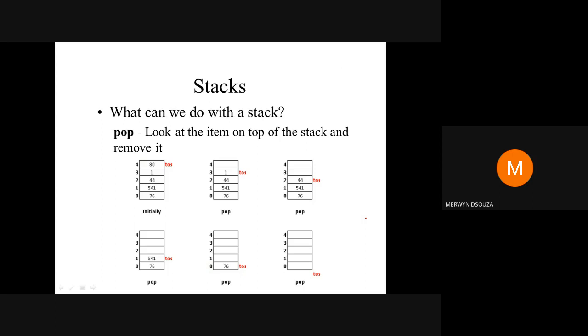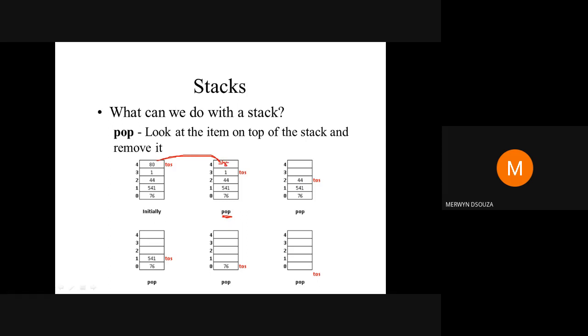So this is how your pop operation works. Pop operation will delete the data item pointed by the variable top of the stack. Remember, this is an array now. In this diagram, I'm showing you that this item is getting removed. When I say pop, for you to understand, I'm removing this item from this diagram. But in the array, actually, this 80 will not get deleted.